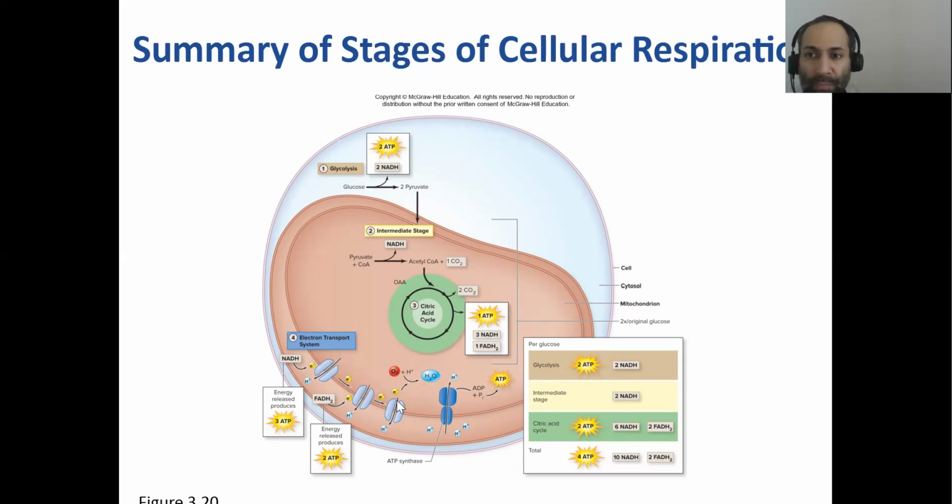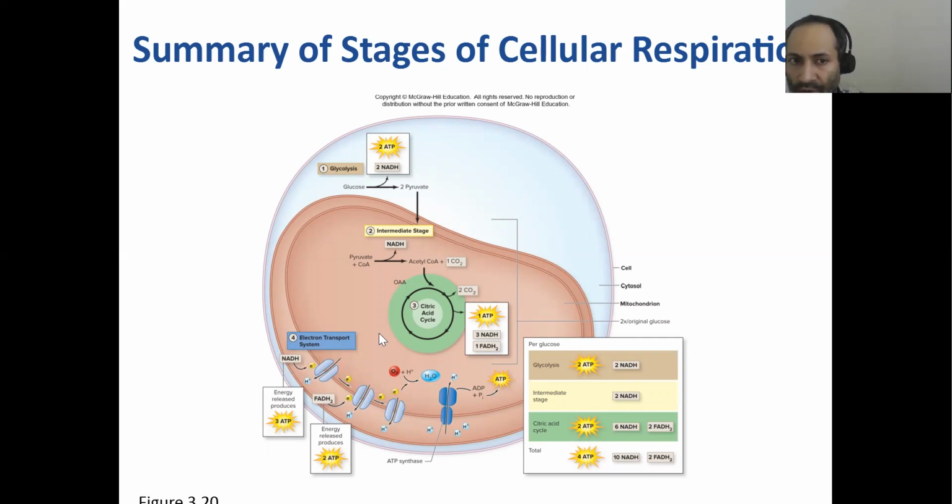It's like playing a game of hot potato. You know how you pass the object from one person to the other person fast, or a baton race where you pass on a baton to the next runner and they take the baton and pass it on to the next person, and so on and so forth. And so that's exactly what's happening here. The electrons are being passed around from one electron acceptor to the next. So each time that the electrons, these hyperexcited, energetic electrons, are being passed from one electron acceptor to the other, that releases a lot of energy, okay?